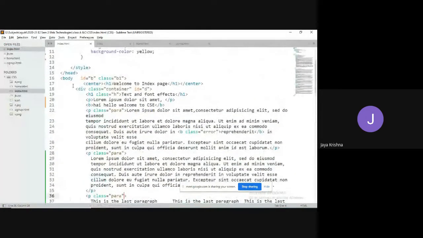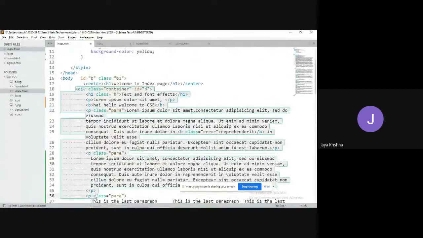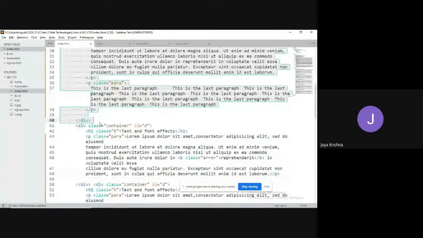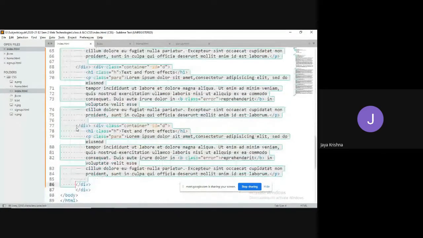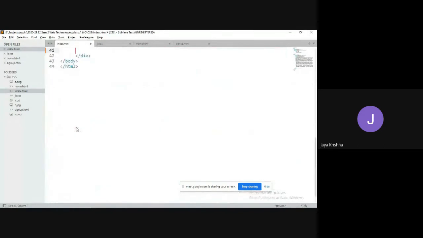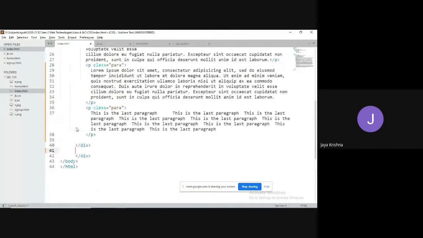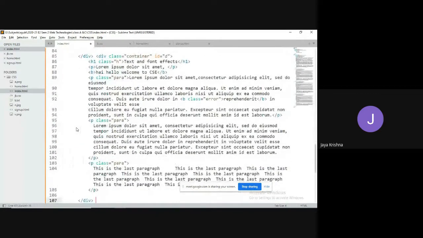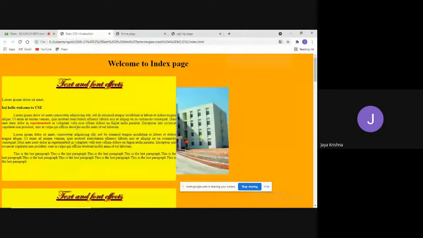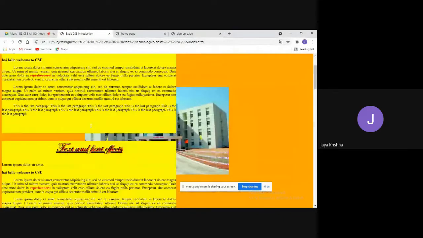Now what I will do is copy this one, remove the entire content, and paste it multiple times. Yes, guys, the same properties will be applied.